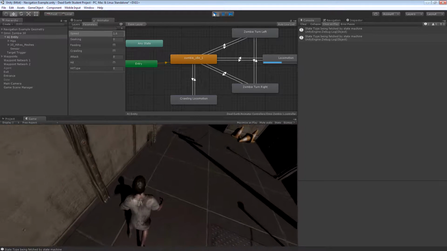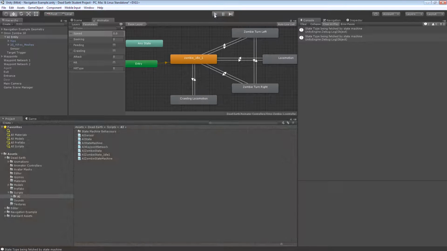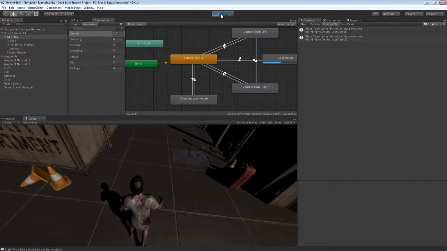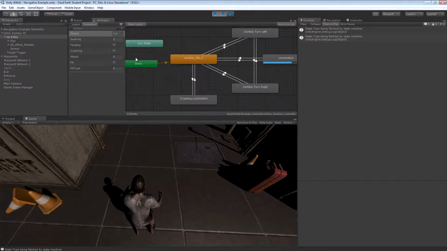Okay, so we haven't got that horrible null exception reference anymore, but it's still going into locomotion. Let me press play again. That's strange. Well, you'll notice when I press play and press pause, speed is set to 1.6. Now obviously we haven't implemented all the code to the idle state yet. And one of the things the idle state is going to do in its on enter state function is set the speed of the state machine to 0, because we're not moving in an idle state. And we know that this will set this speed in the animator to 0, because that's what the state machine does, right? It takes the value that the state set and then passes it into the